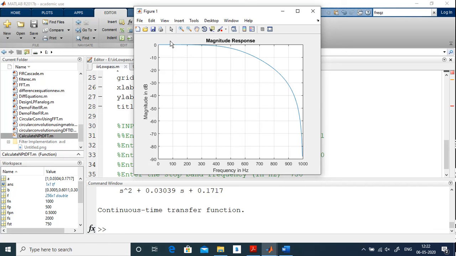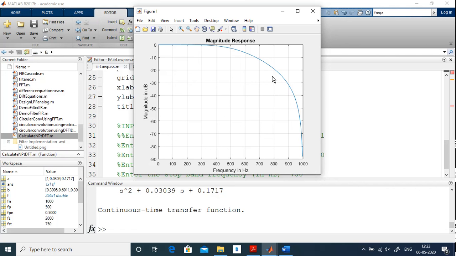After that it will start attenuating. What about the stop band frequency? If you observe here, the stop band frequency is 750, somewhere here. Somewhere between this point and this point it will start attenuating, but after this it won't allow. See here, there's a sudden change. It will not allow beyond this particular region. In other words, signals will be attenuated. So hope it is matching with our specifications.